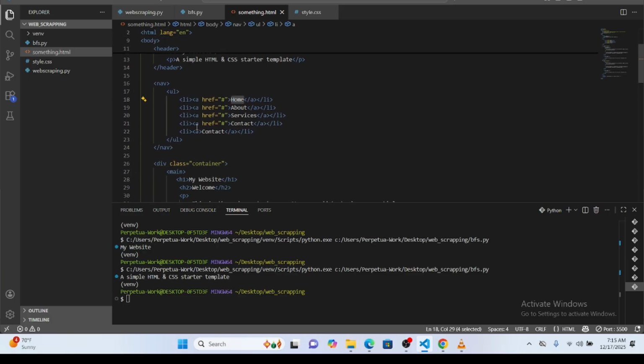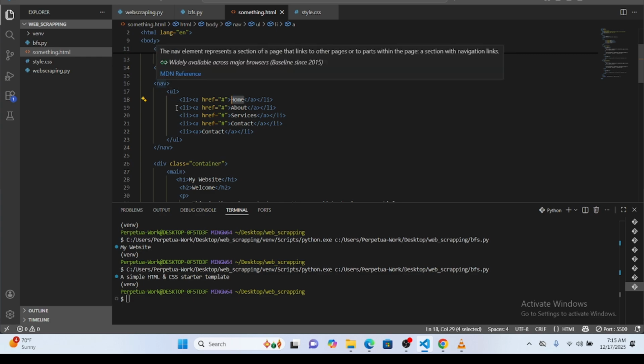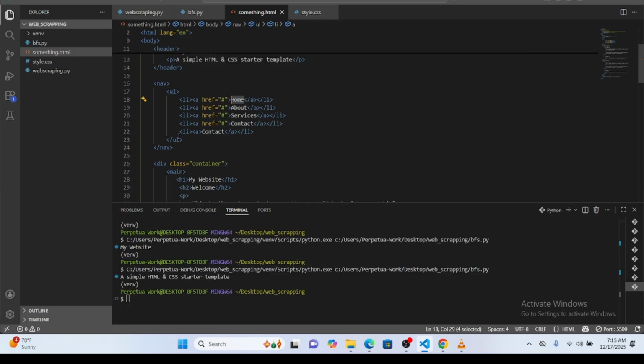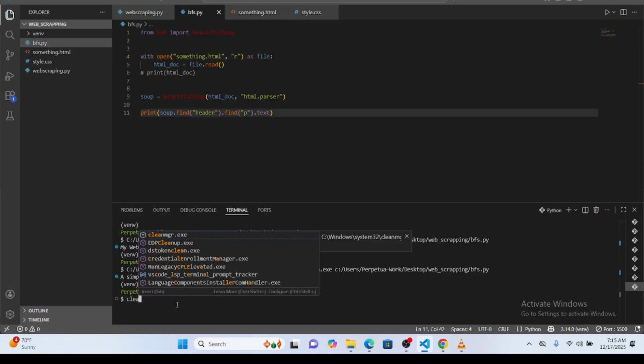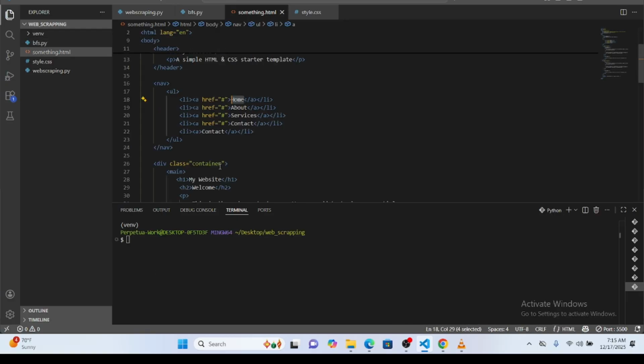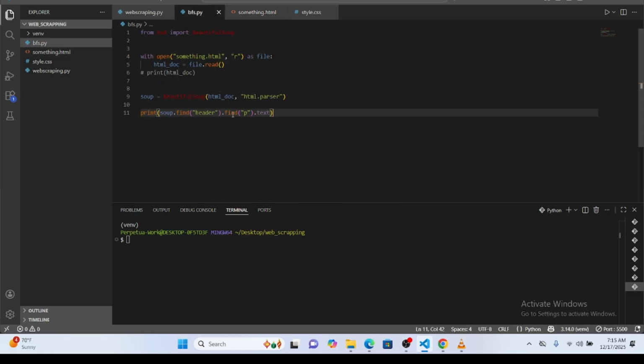Now that we have these nested tags, we have nav, then UL, and then li. If I want to get all the anchor text, that is the text contained inside the anchor tag, so the A is the anchor tag, how we are going to do that is to nest it the way we did here. So we find the nav,